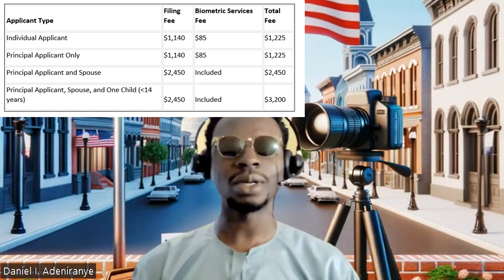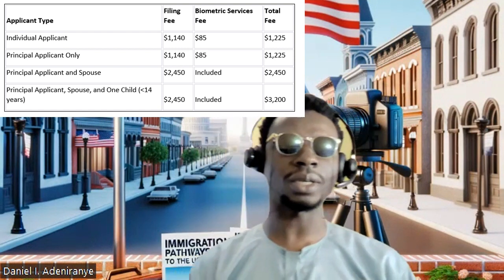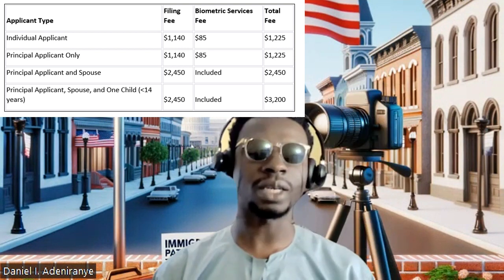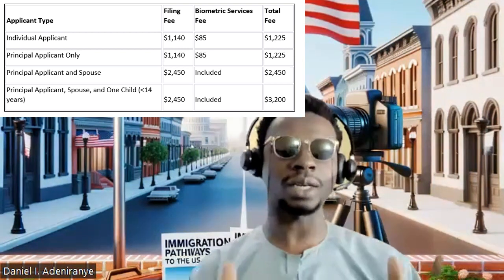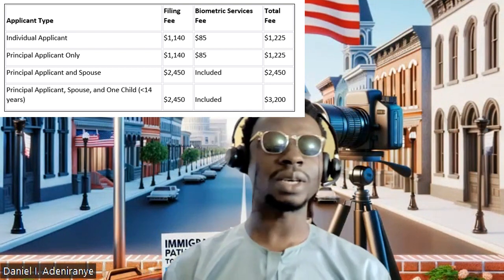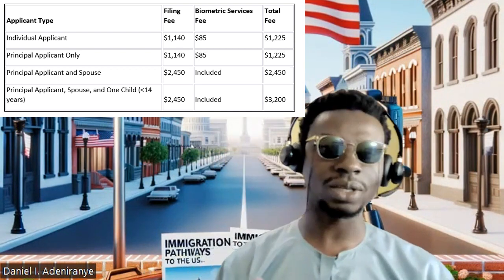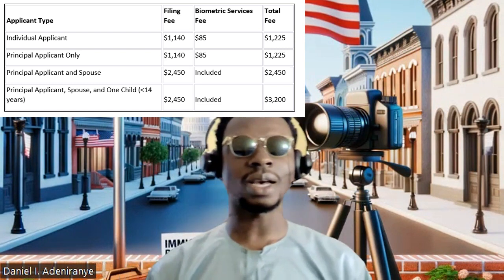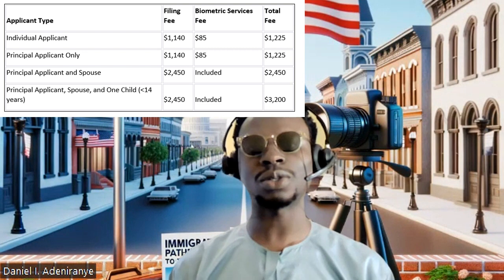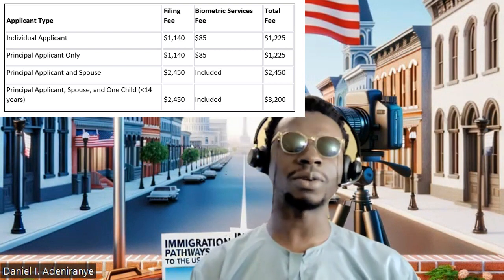And please take notes. Now, children under 14 are exempt from the biometric service fee, so you don't have to pay the $85 for your child that is under 14. And the filing together with a child saves you an additional $390, as the child's Form I-485 fee is reduced to $750 instead of